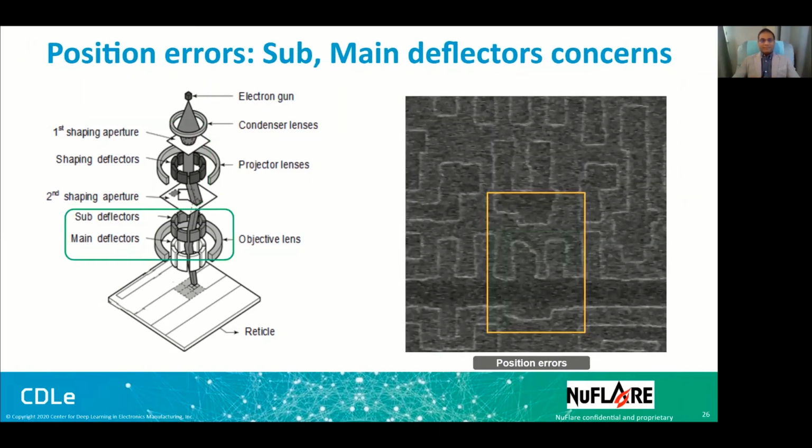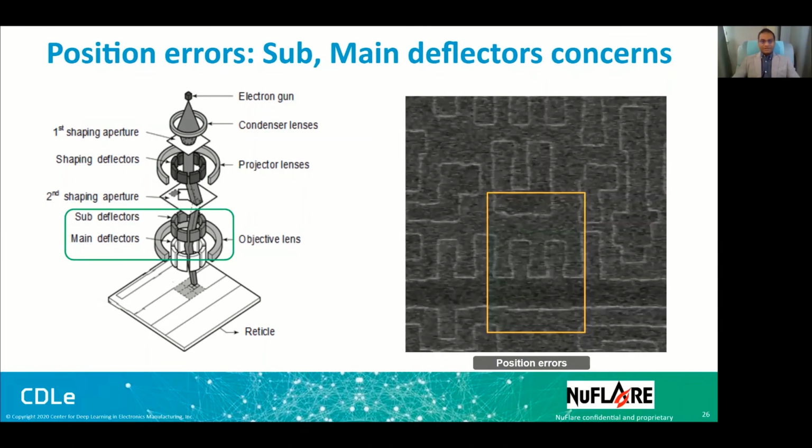The third type of error is the position error, which could be caused by the subdeflector. If there is a problem there, then the shots will not be printed at the desired location. There could be a deviation. It's called position error. Now, all three types of error, dose, shape, and position, need to be identified